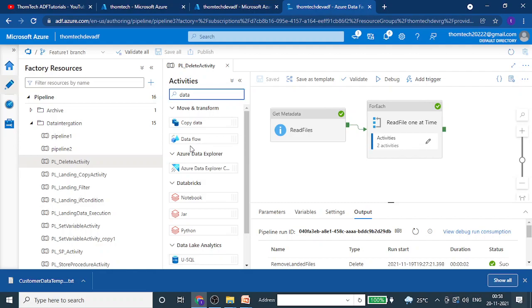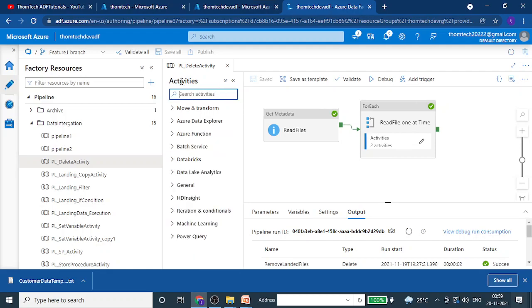So that's what I'm saying. If we are using data flow instead of copy activity, in that case we have an option to delete that processed file. If a file is processed, then we have the option to delete it. So with data flow that is possible. We can see this when we are doing the session on data flow in coming days. So for now, I think pretty much we have covered everything on the delete.